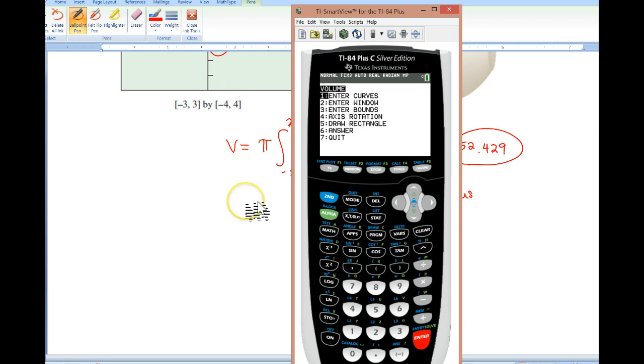So number 4, axis of rotation. We're rotating it on the x-axis, right? So that's a horizontal. We get y equals 0. So now what's going to happen? Y equals 0. It's horizontal. It's going to duplicate it. It's going to create... Now, you can actually go back. I'm not going to bother drawing the rectangles, but just so you know,